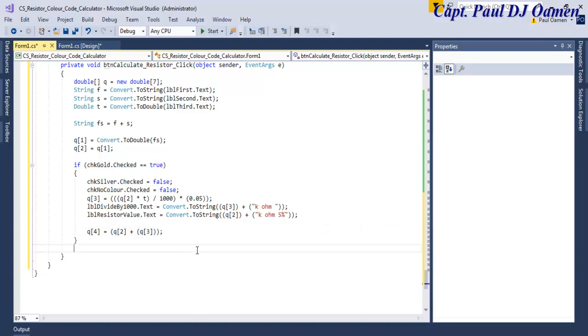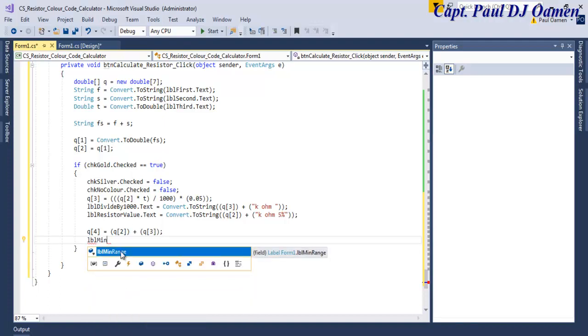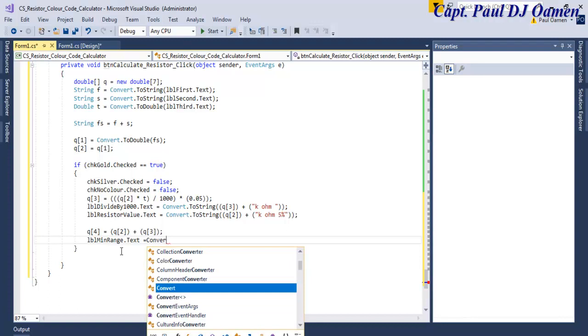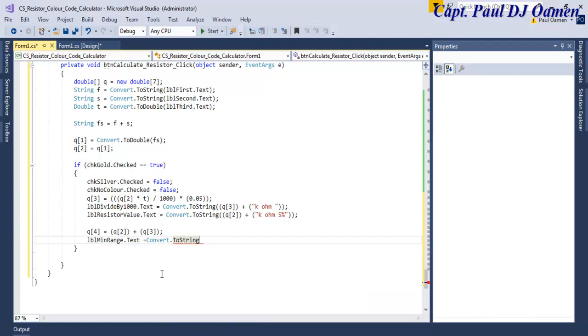Right, that is Q4. Now Q4, we now need to assign Q4 straight into, let's make sure that is fine. No, this one here, and get rid of this one. So that's going to be LBL minimum range dot text equals convert dot to string, and what we are converting to string, that is going to be Q4. Open a bracket and just enter Q4